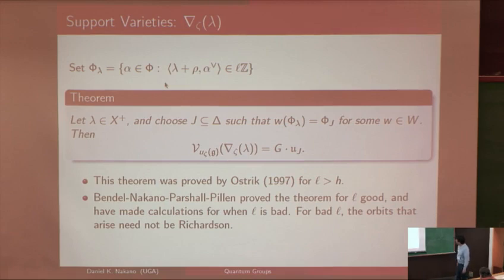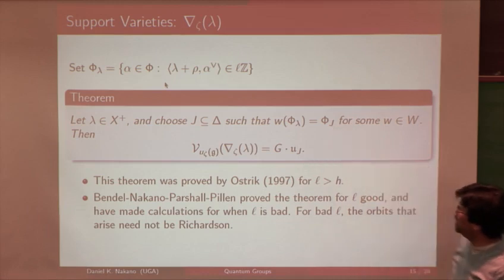system of phi. So that means that I can conjugate this phi lambda via some Weyl group element in terms of a base consisting just of simple roots. Okay? So given a lambda here, I can always conjugate via the Weyl group into this base consisting of simple roots. Okay, so once I do that,